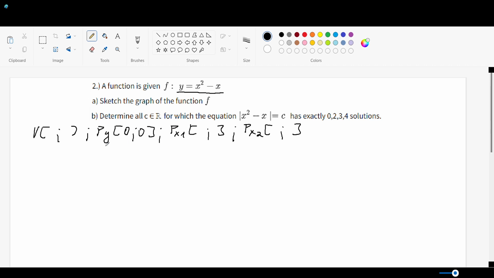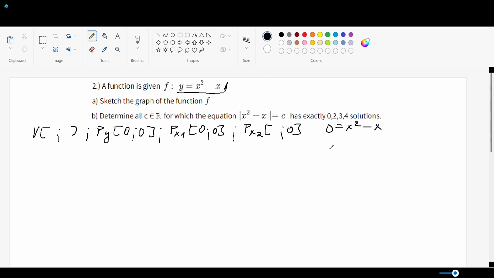And when you see this information, you can very easily say that this is also one of the intercepts with the x-axis, because the intercepts with the x-axis, if they exist, both have the second coordinate equal to 0. So one of our intercepts is 0, and how can we find the second one? It's really simple, because we already know that if y is equal to 0, then from this equation we will get the equation 0 is equal to x squared take away x, which is a very simple quadratic equation,